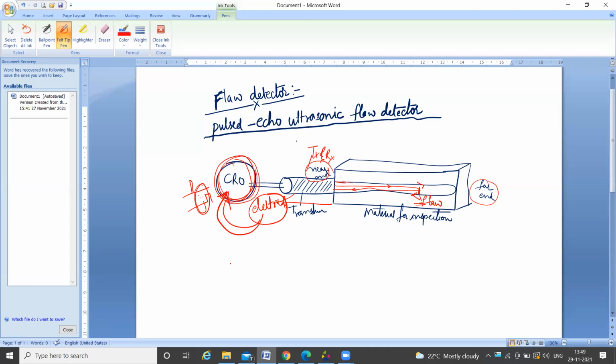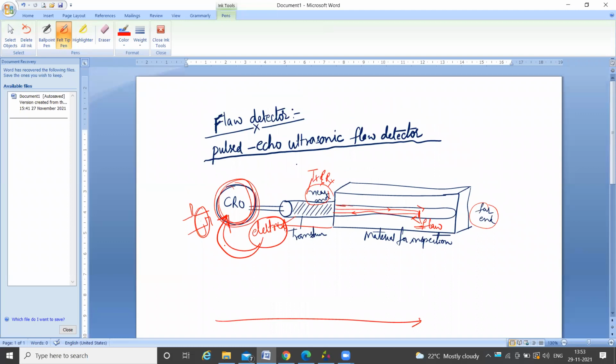See here, this is time. So if we draw the graph of the pulses received by the receiver,